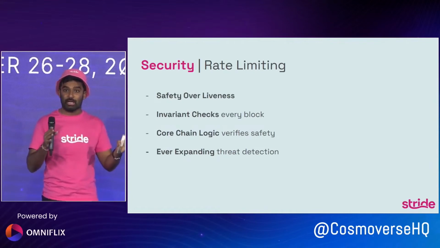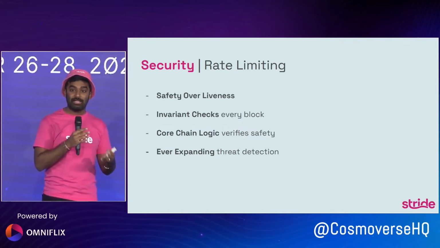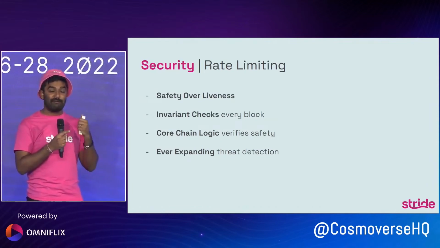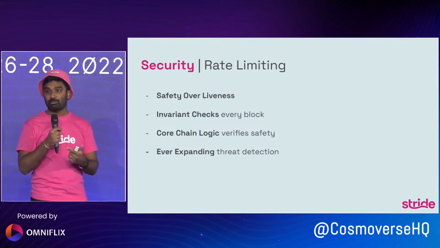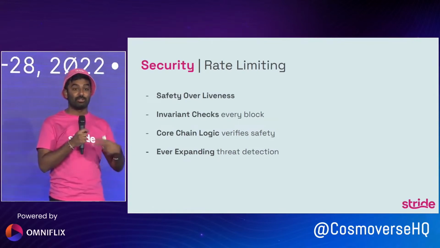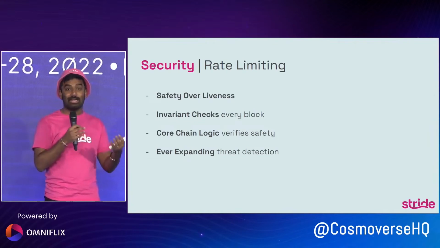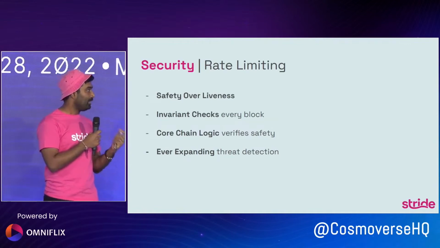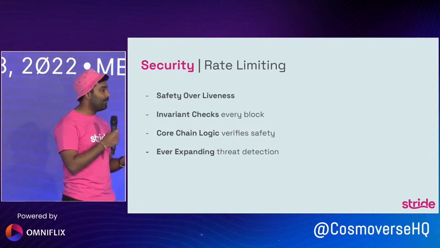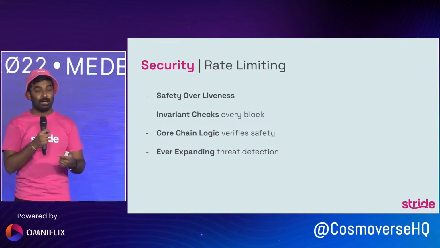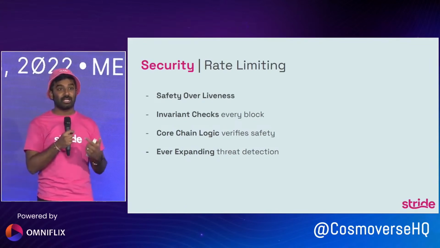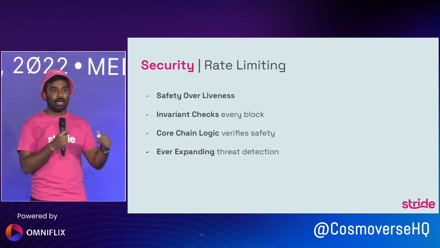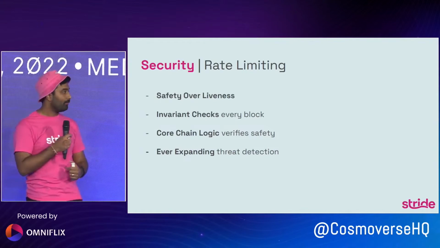And so we immediately halt our chain, and all chain functionality is paused. The idea being that developers can then come in and take a look and see what's wrong, and either fix the bug if there is one, or kick out the attacker if there is one. And only after everything is safe do we then resume chain functionality. The idea being that in case of an attack, we want to really minimize any funds being lost at all. We don't just check this every block though. Even when core chain functionality like staking or redeeming is called, we run through a subset of these checks as well to make sure everything looks normal, and only after those checks pass do we allow the stake or redeem call to go through.